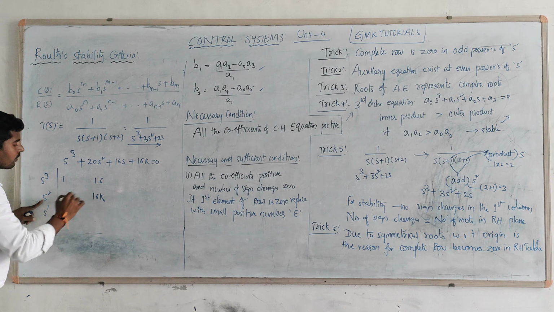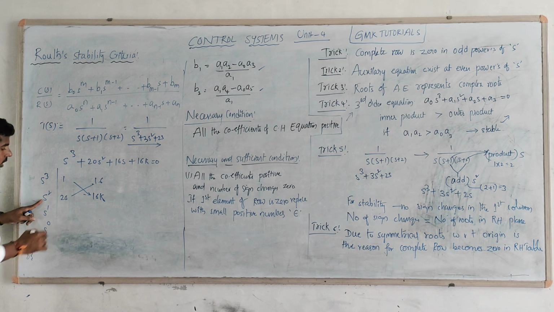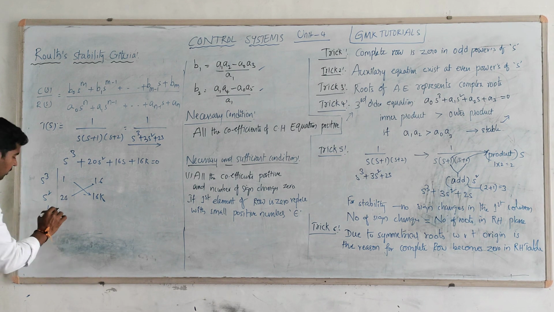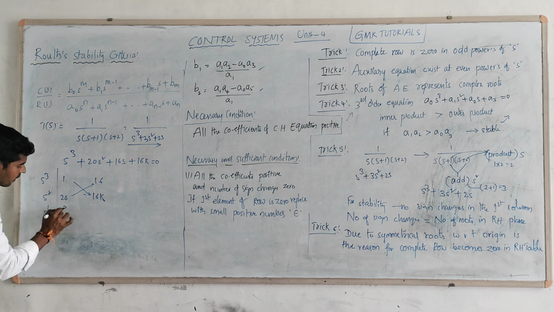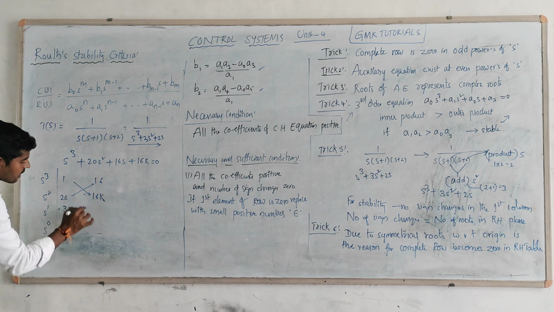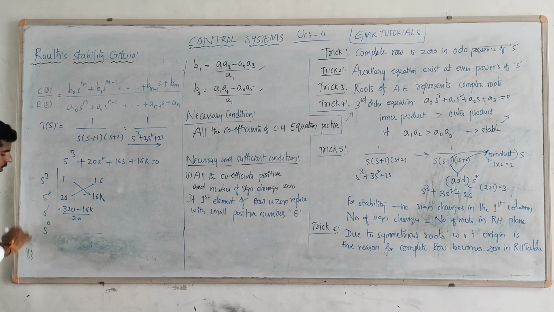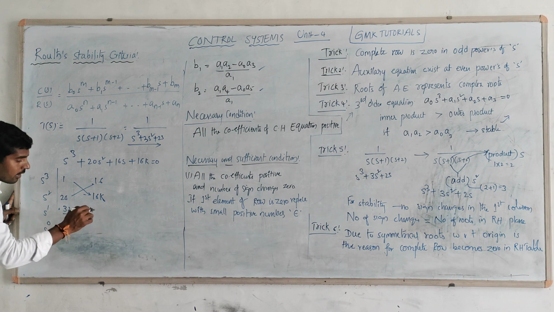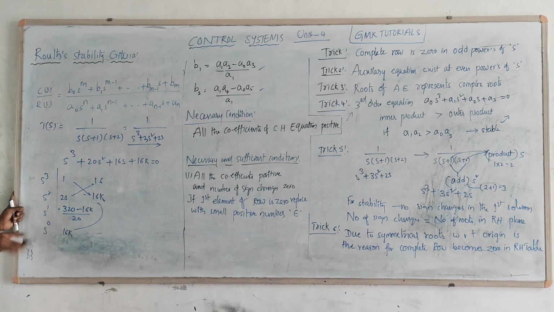So what is the generalized formula? First multiply these two. Next multiply these two with the negative sign, and divide by the corresponding 20. So therefore that is equal to 20 into 16, that is equal to 320. Okay, 320 minus 16k divided by 20. Here one more assumption is, in case no value is there, directly you can replace it with 16k. This is also one more trick. You don't need to do all that multiplication and division. Just where a value is missing, you can directly replace it with 16k. Find it out, no issues.